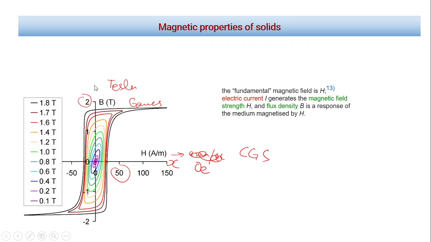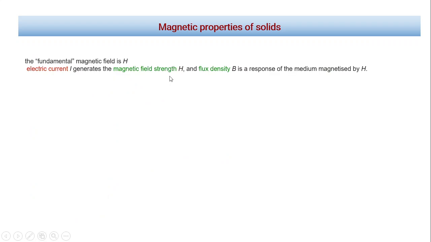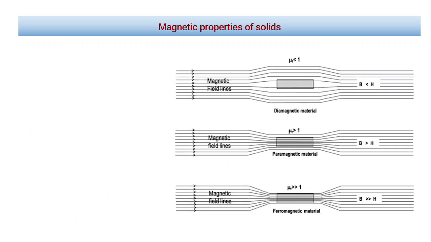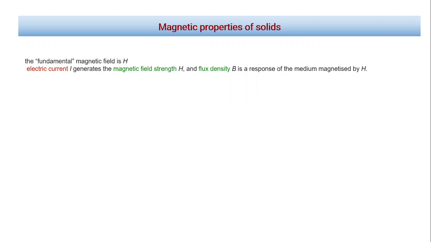Okay, anyways, I think this is done. So depending on, as I said, the property of these materials, we characterize them by two terms, which characterize these different types of magnetic materials that I'm talking about. One is susceptibility,